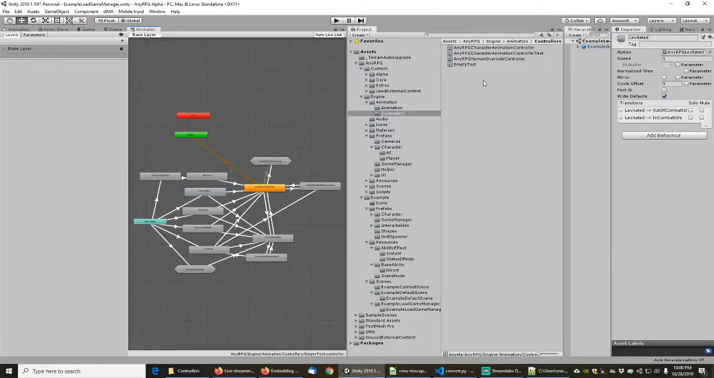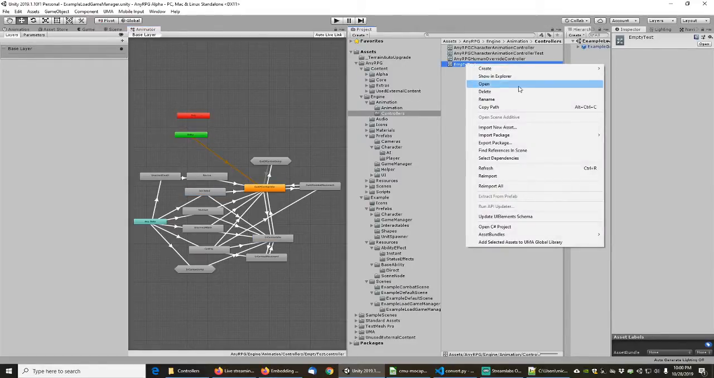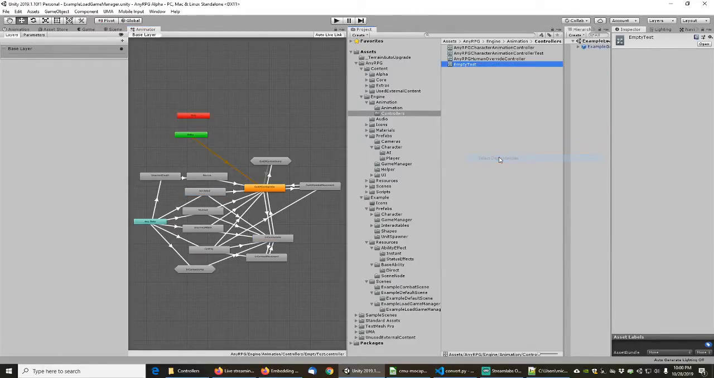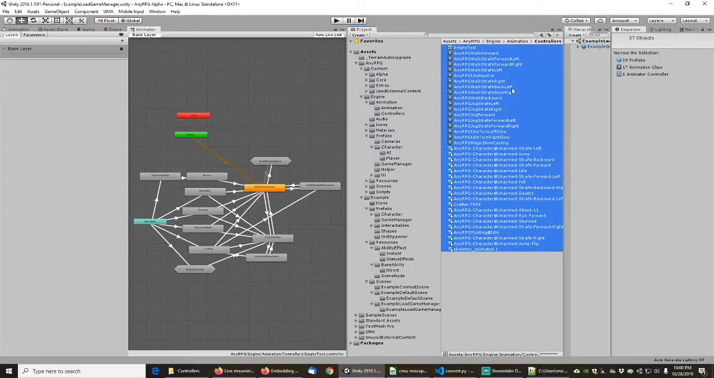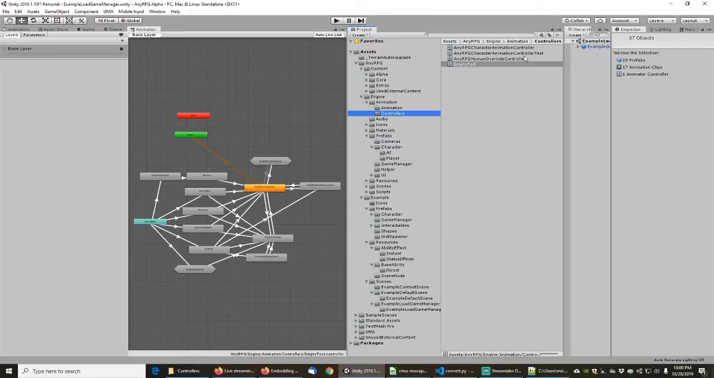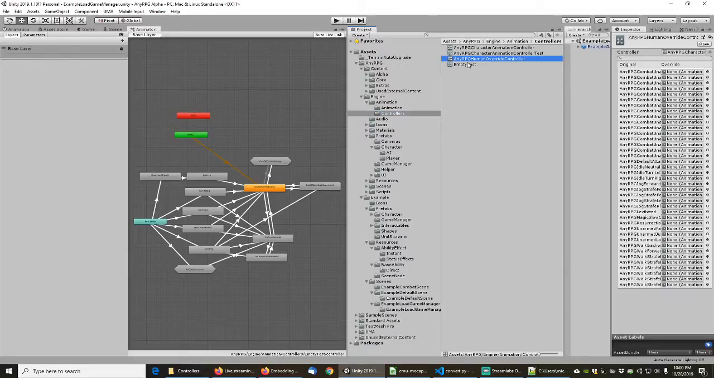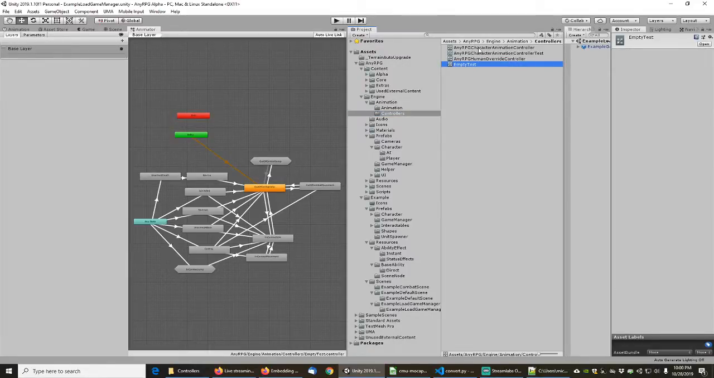And if we select the dependencies for this controller, the one we copied and pasted in, then we see exactly what we expect here. These are all the AnyRPG tagged animations, and there's only 50 kilobytes of data. This means we're going to end up having a bunch of empty references when we get rid of this one right here